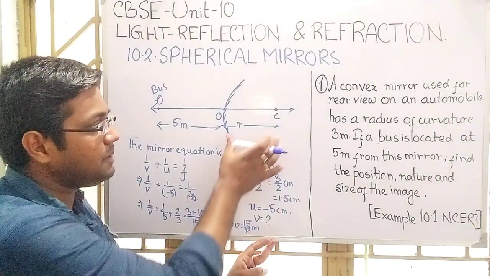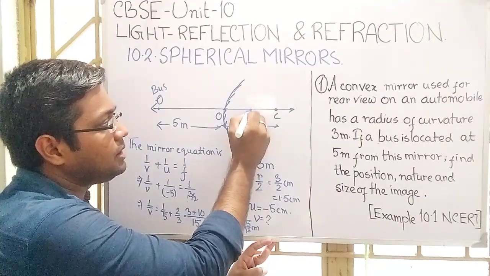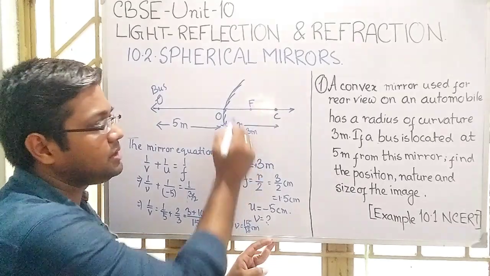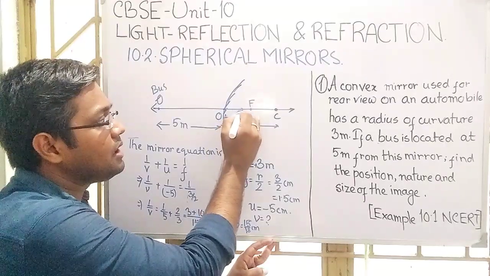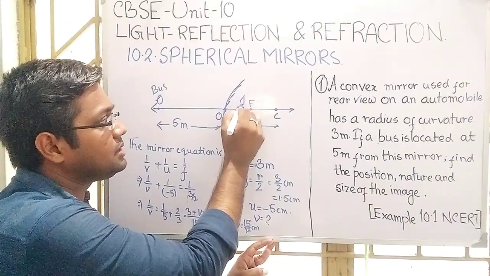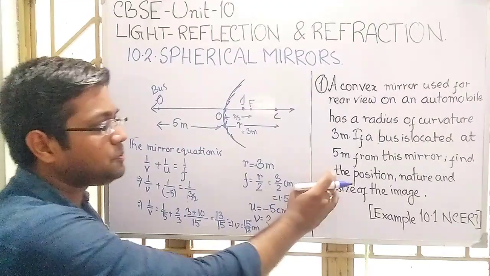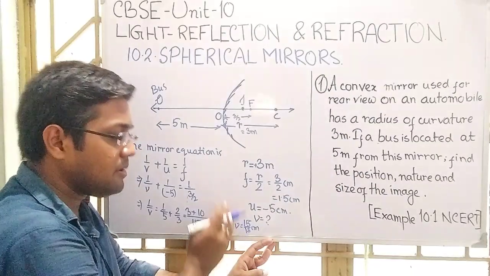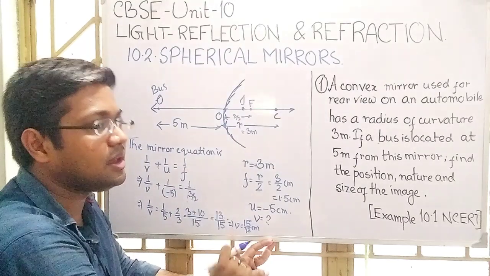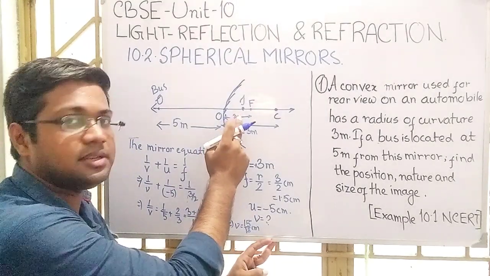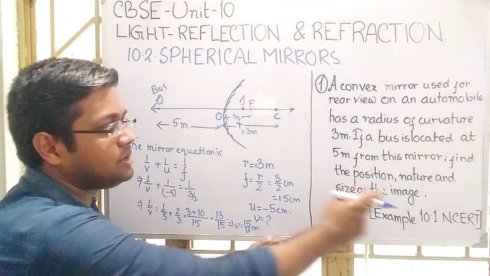So just see, it is the center of curvature, and if it is 3 meter, then the focal length or the point focus is somewhere here, which is 3 by 2 meter, 1.5 meter. And the image will be obtained somewhere here. So what is the position of the image? The image will be placed at a distance 15 by 13 behind this convex mirror. What is the nature of the image? Because the rays are not actually intersecting here, this type of image is called the virtual image.